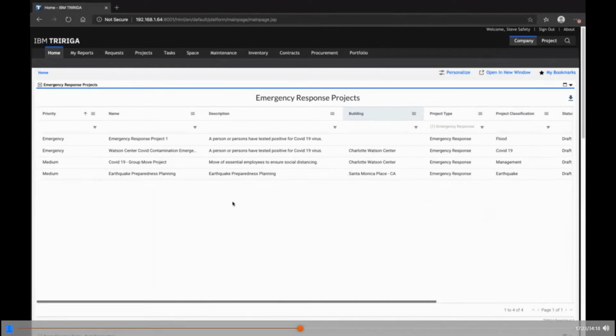So right now, I'm logged in as one of our corporate safety managers. And as you can see, right from the dashboard, they have emergency response projects. For those of you who are familiar with Tririga, using the templates, I was able to do that pre-disaster that David was talking about and get everything ready from a template perspective, so that if we had an earthquake that hit a particular area, maybe in California or somewhere else around the world, we could have a plan in place for that. Or maybe we had a person that tested positive for COVID-19 and we need to respond to that